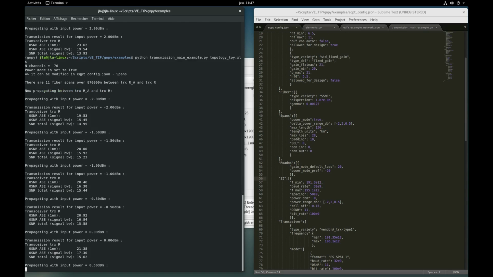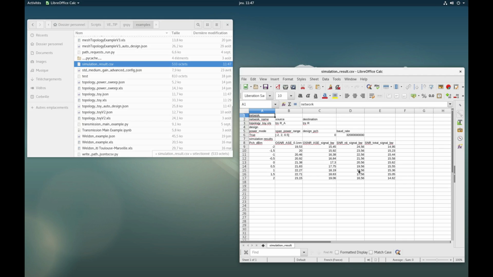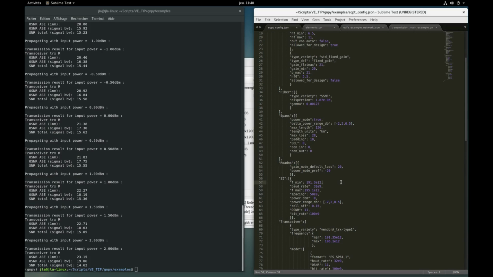Obviously it's a more complicated design. You have different power levels to manage. And again, we exploit our CSV result. And there you have it. It's a very small improvement. It's maybe 0.1 or 0.2 dB, and obviously a lesser improvement than just having a rough span differentiation. But it's still some improvement. And the final